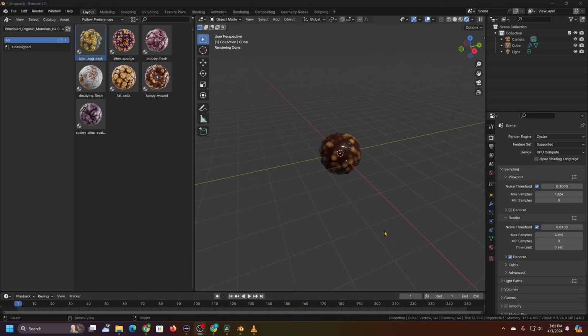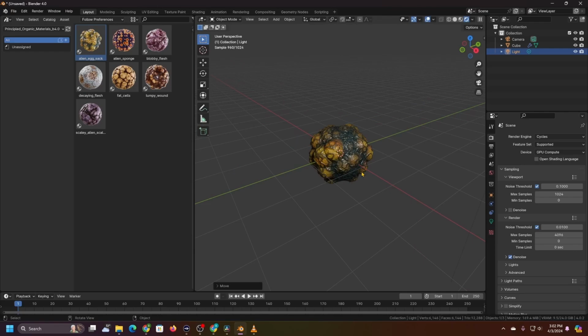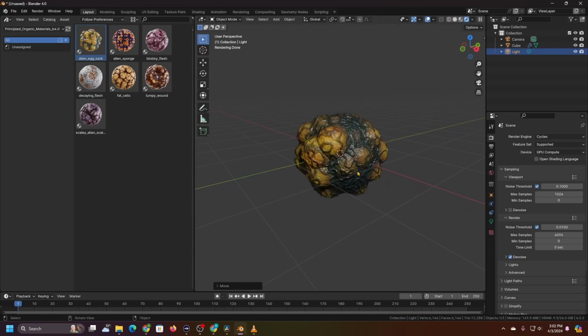Okay, so now that we have the asset browser set up, I just want to show you a couple of things that are really important for making sure these materials are set up correctly. So let's actually use the alien egg sac material. I'm going to drag that in. I'm going to bring this light a little bit closer just so that we can see this material better. And then there are three main things that are really important to consider just for the general setup for these